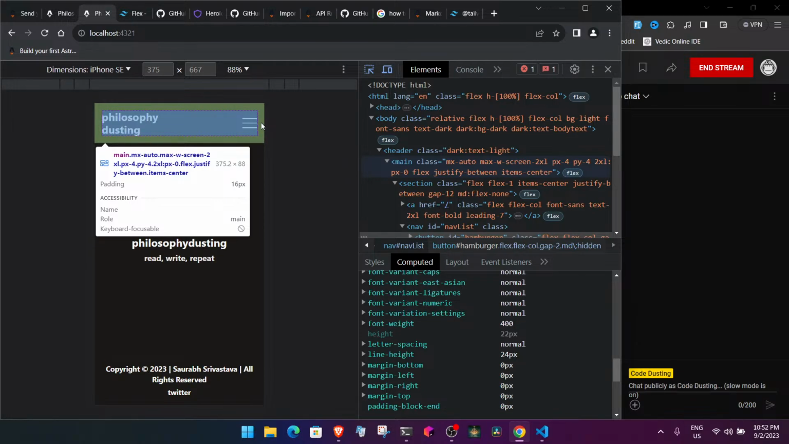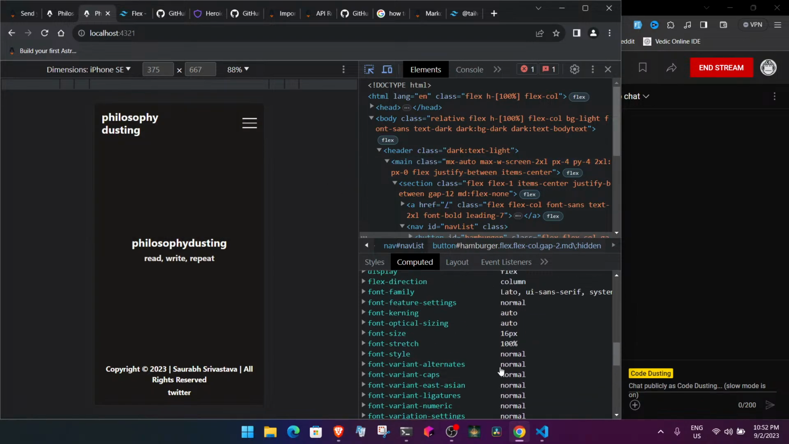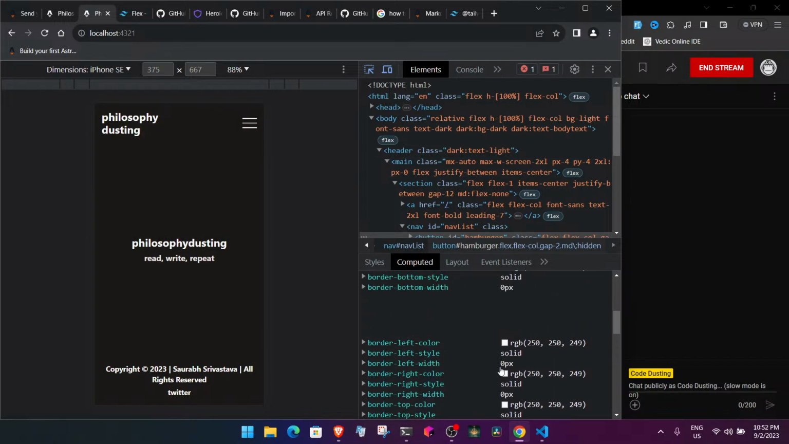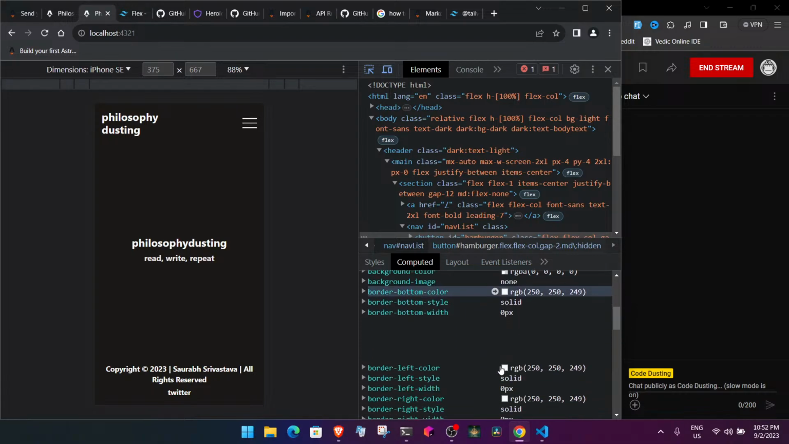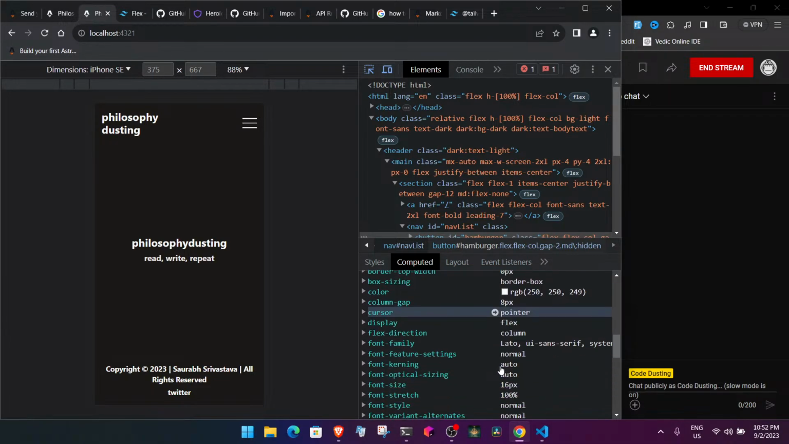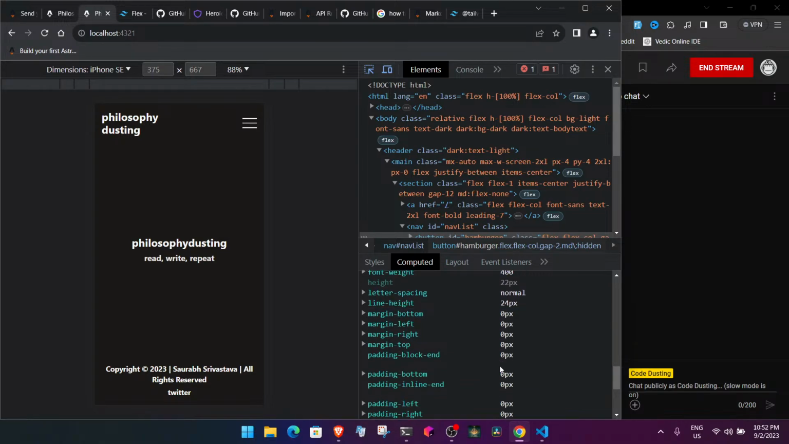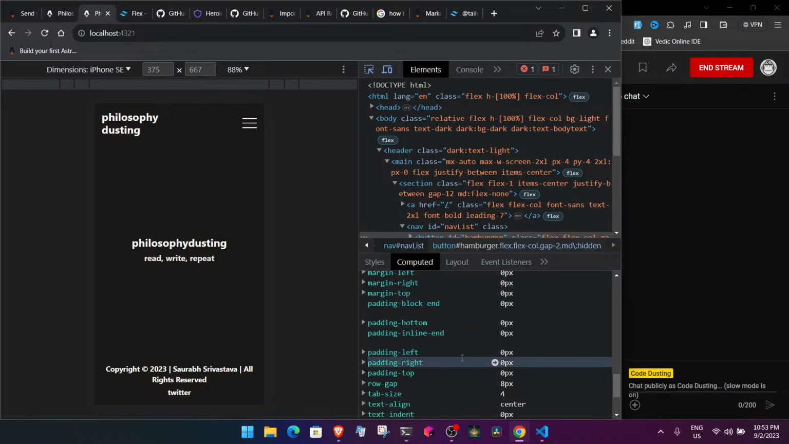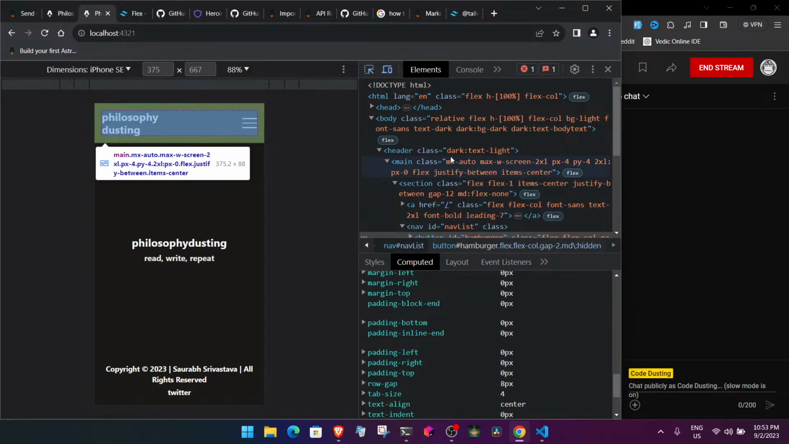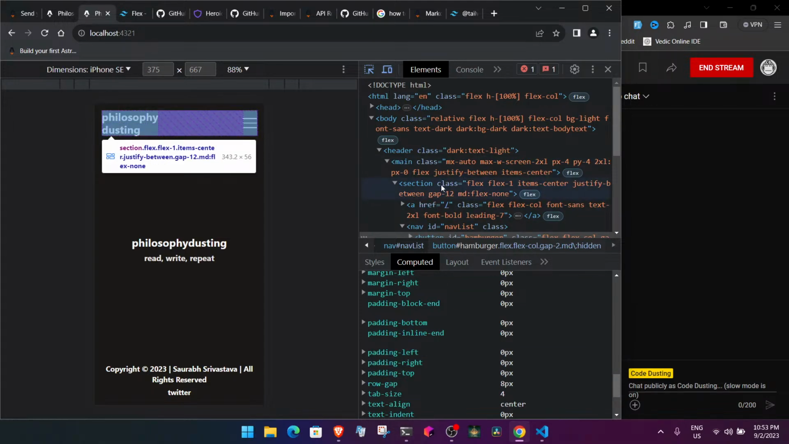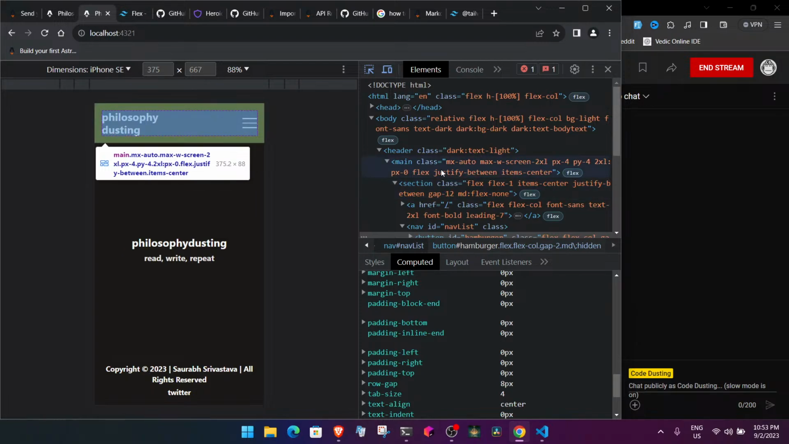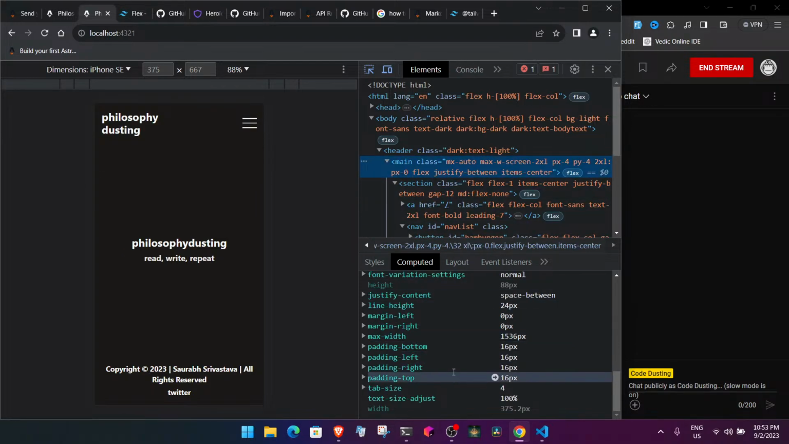And let's see, what's the padding. Wow. Padding left, padding right, padding bottom, padding top. Okay, it's a 16 pixel from there and there. So